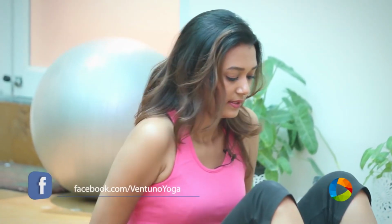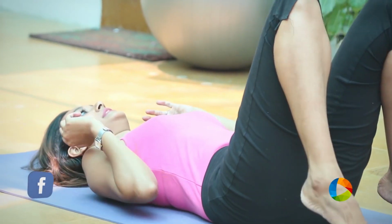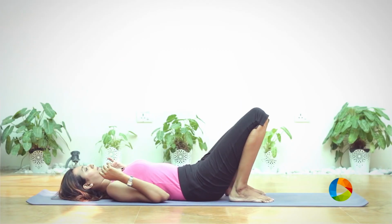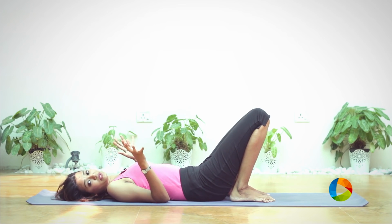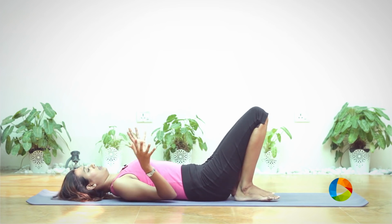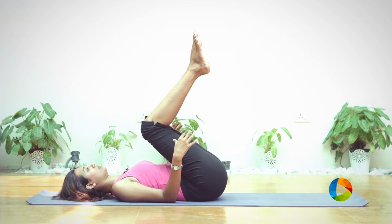So let's begin by comfortably lying down on your back, just like this, and bend your knees, and slowly you're going to lift both your legs up. So take your time, be relaxed, stay calm, and as you inhale, bend your knees and slowly bring your legs